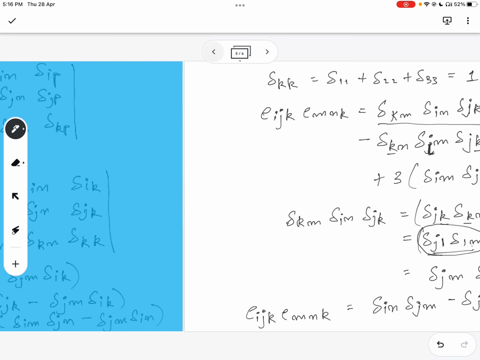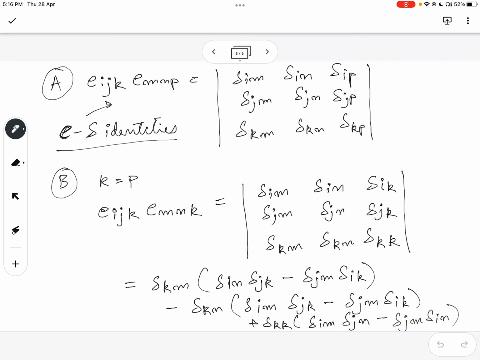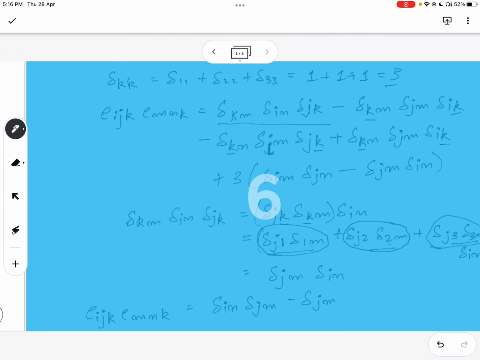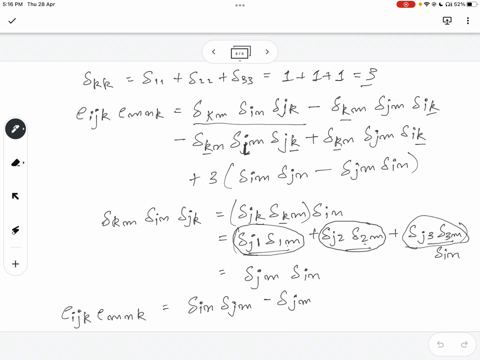What is the second term? This should be Jn. My mistake. Sorry. This is Jn. Again, delta Jn, delta In